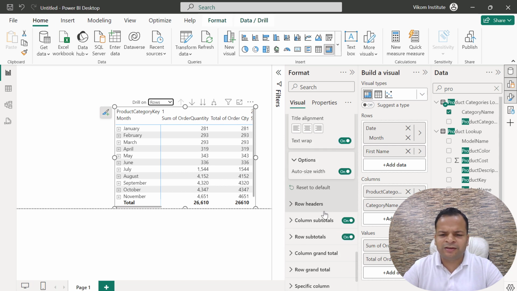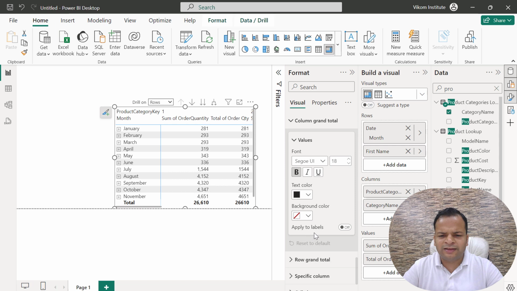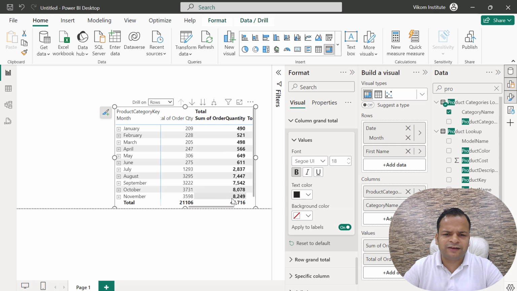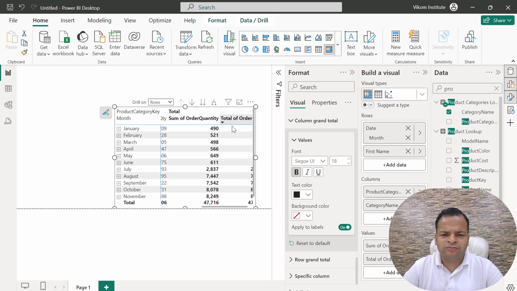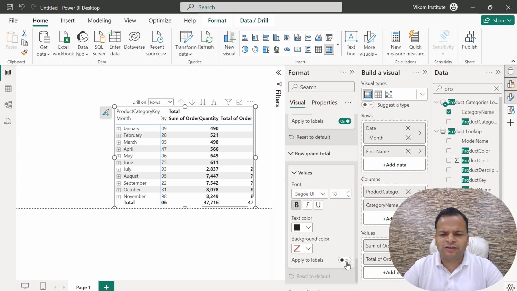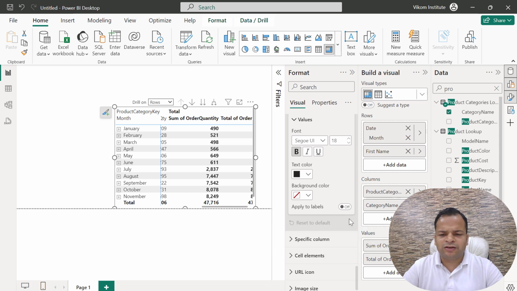You can simply come here and you will see here we have column grand total and row grand total. So let's say you want to add column grand total, you can simply click here. Now just see on the right side, you can see column grand totals are appearing. Now the row grand total, if you want to see, here it is, you can add that.